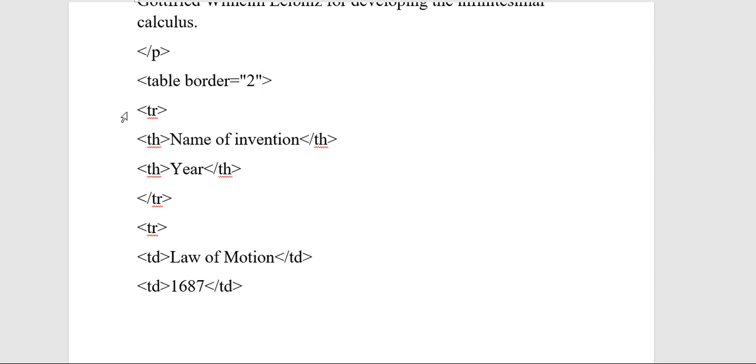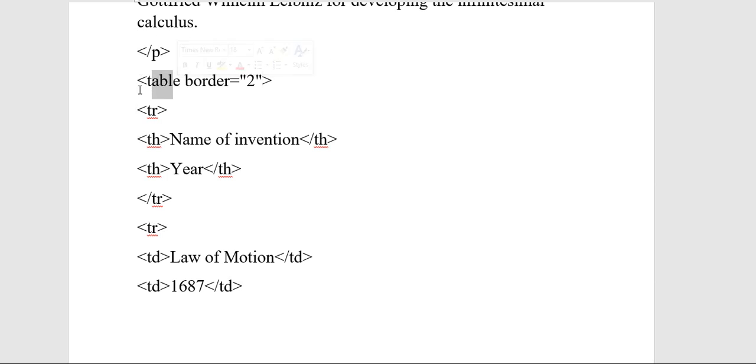Next, you all are familiar that whenever we create any table, we use tr, th and td tags. The tr tag is used when we create a row in a table. Whereas if you want to assign a heading to a column of the table, then we use the th tag, that is table heading tag. And the td tag is used to insert the data in the table, that is table data. So these are the different tags which we use with the table tag.